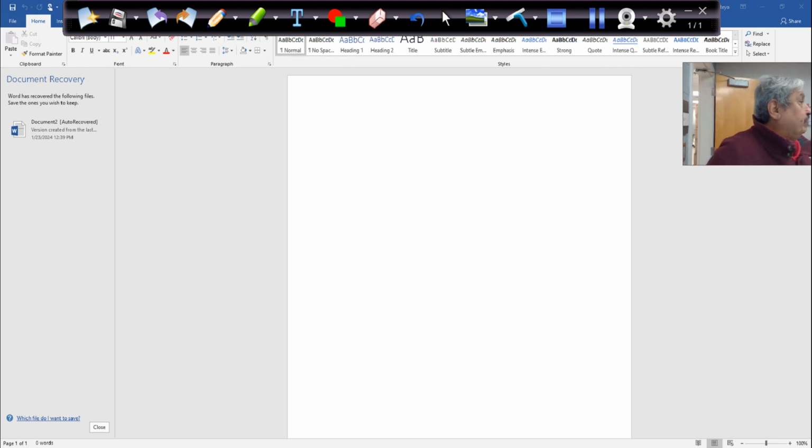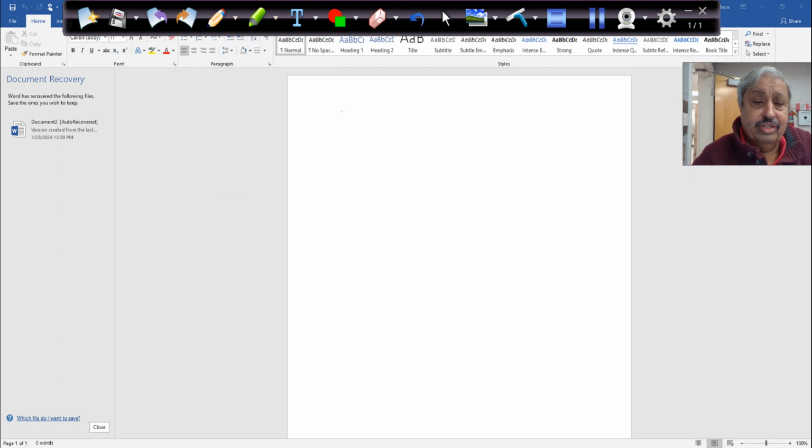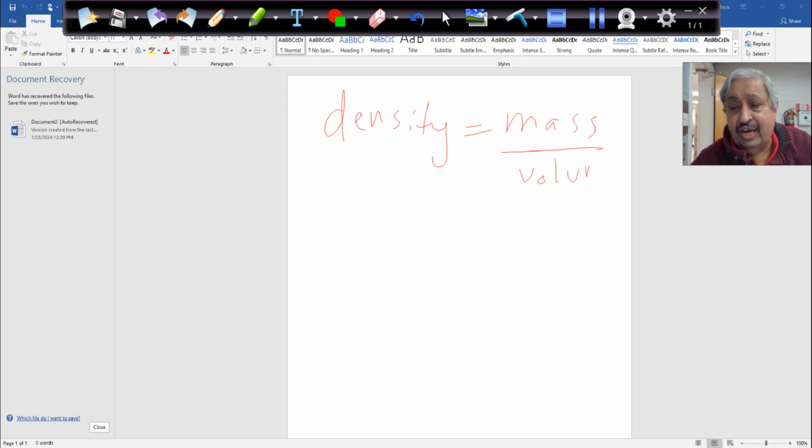Today's lab is about density. Density is defined as, somebody will tell me, what's the density all about? Density, correct, is mass over the volume. It's a ratio. So since we have three states of matter, we'll have solids, liquids, and gases,